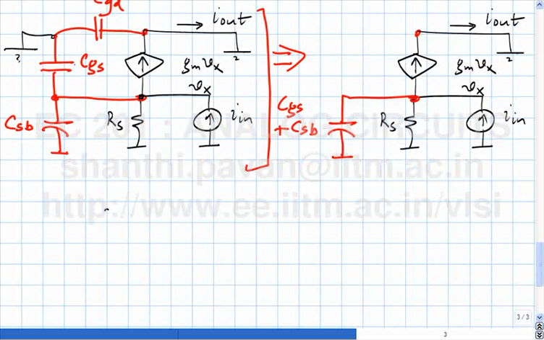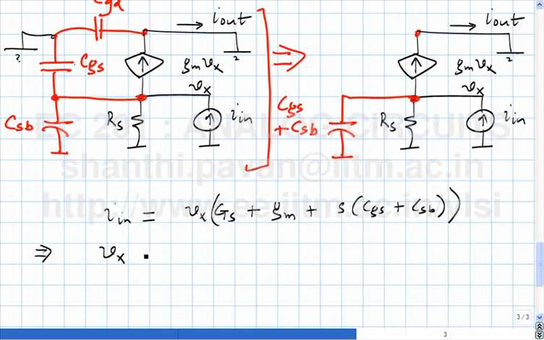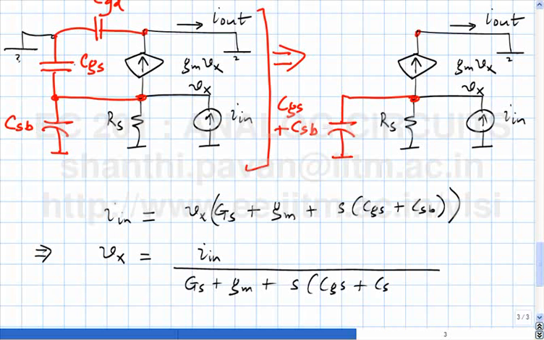At Vx, I in, which is the input current, must be Vx times Gs plus Gm plus S times CGS plus CSB, which means that Vx is nothing but I in by Gs plus Gm plus S times CGS plus CSB,